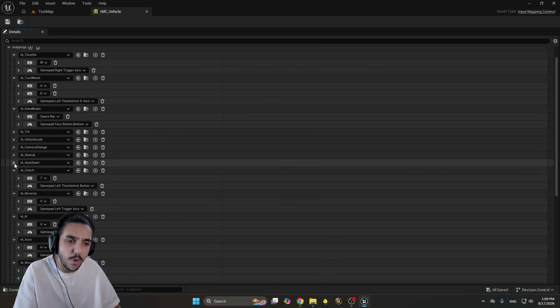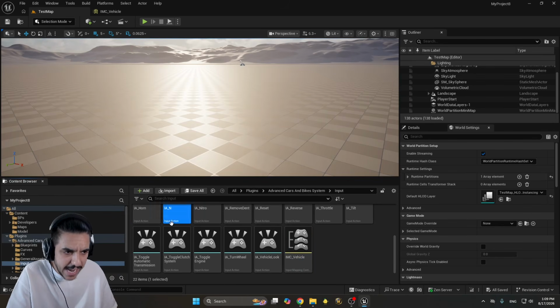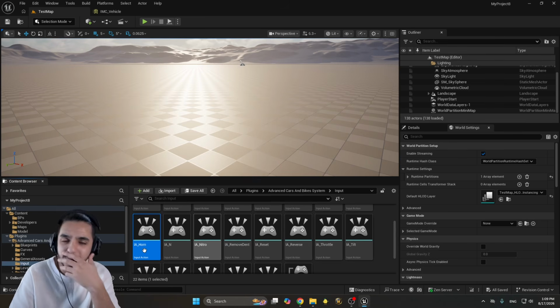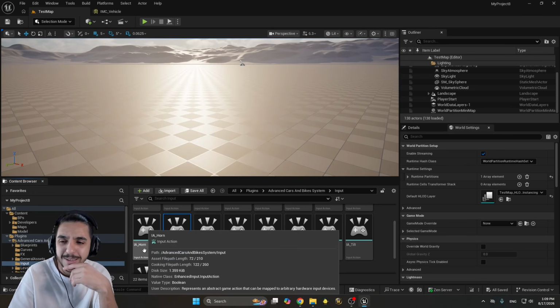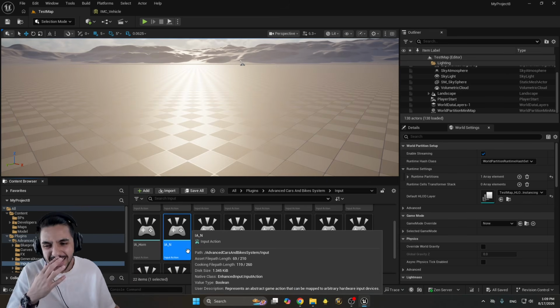So you can tweak them over here, but keep in mind the naming of these input actions that you see, like IA horn. I wish it was named honk, because I feel like horn is a bit inappropriate, but anyways, it is what it is. Just at the time I was making it,